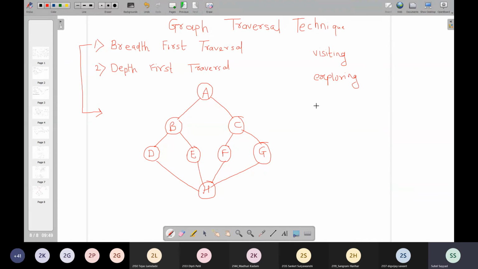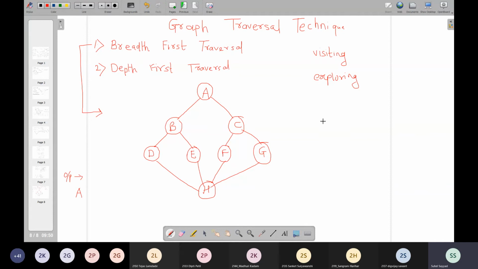Now initially I can visit A and print A, but I cannot call A explored. So if I visit A, A will come in my output. This is my output, suppose. But is A explored? No, yet A is not explored.